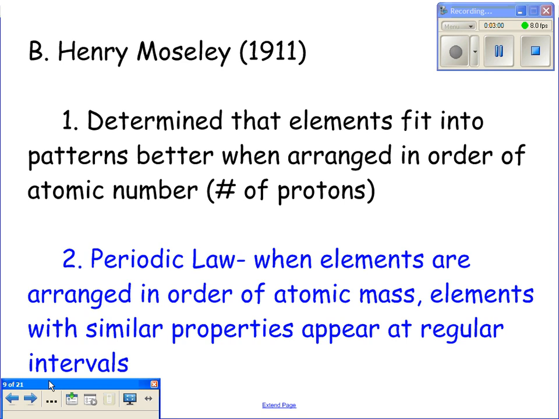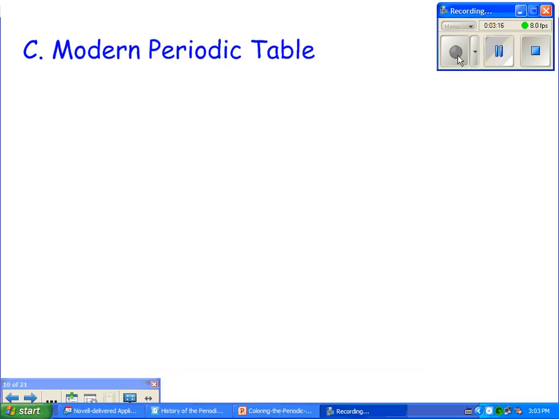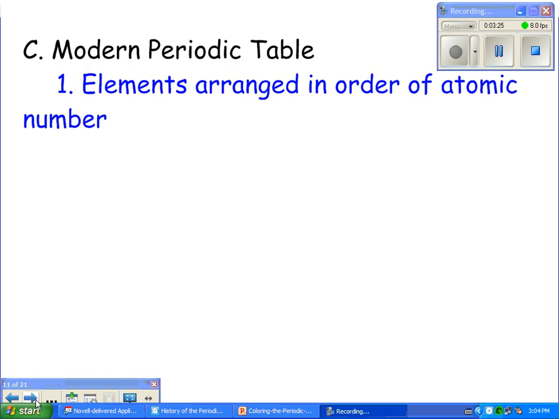The periodic law is why we call it the periodic table of elements. It's because of the similar properties that show up at regular intervals, or regular periods. Our modern periodic table, we said, does go in order, just as Moseley had put them in order by atomic number. And the ones that are in the same group or column, which we also call families,